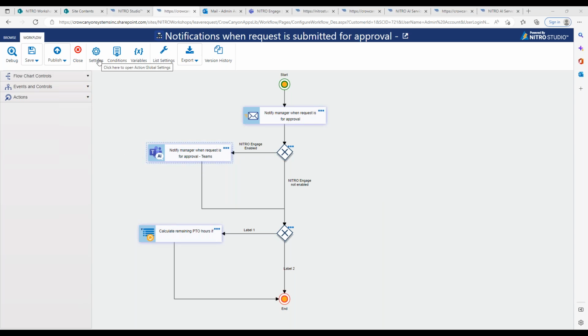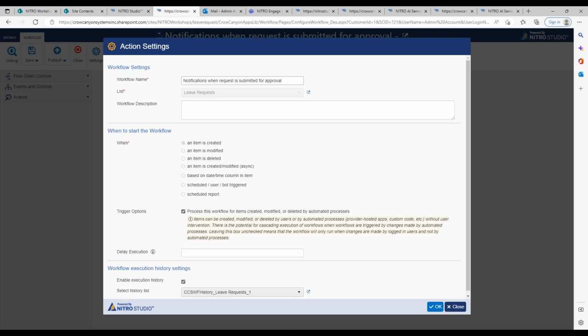No, you're fine. That's good. So if it's a custom action, it's going to kick off when you click the custom action button, or should. And when you're doing a workflow like this, it should be kicking off based on one of these options: item being created, item being modified, or deleted, and you have this created/modified async option. If multiple workflows are going on at the same time for that particular SharePoint item, it's based on date and time in the column. It sounds like you're trying to do it when an item is created, right? Yeah. Okay. So it could be potentially